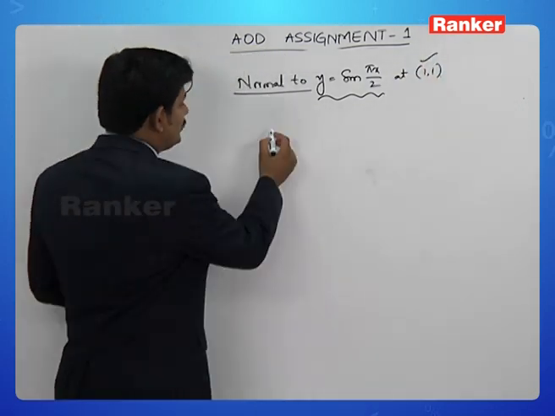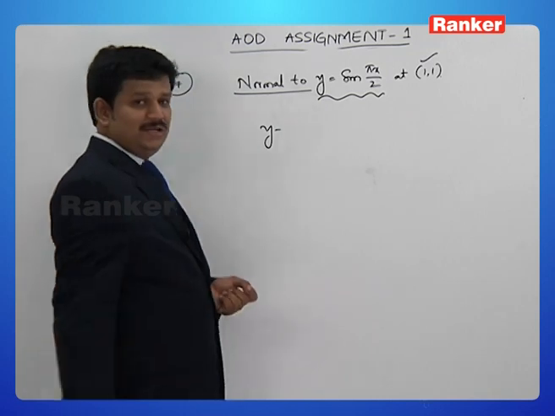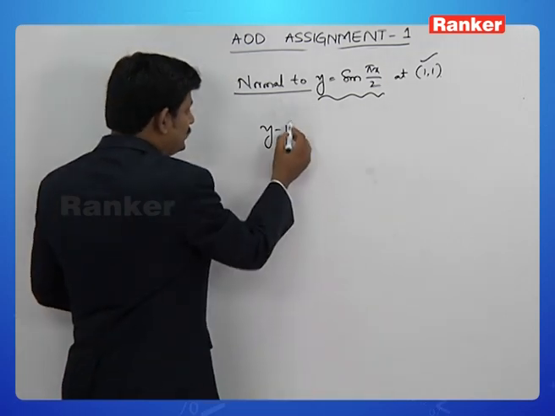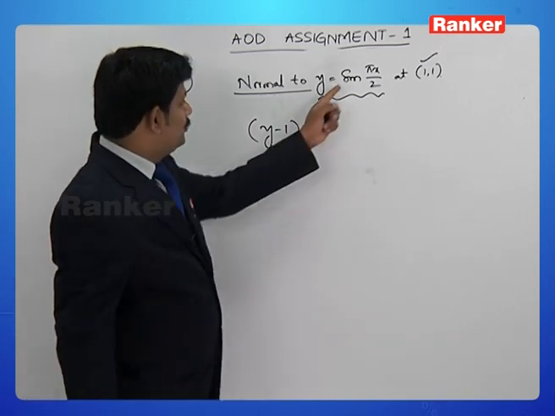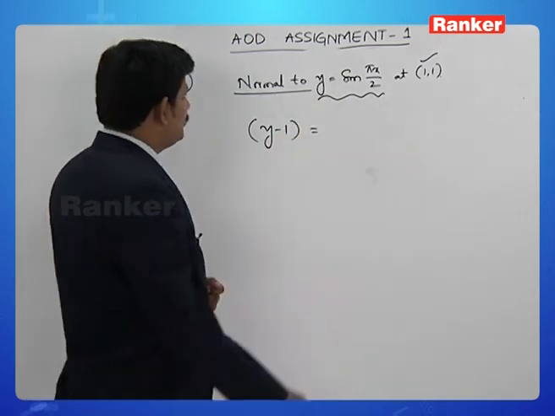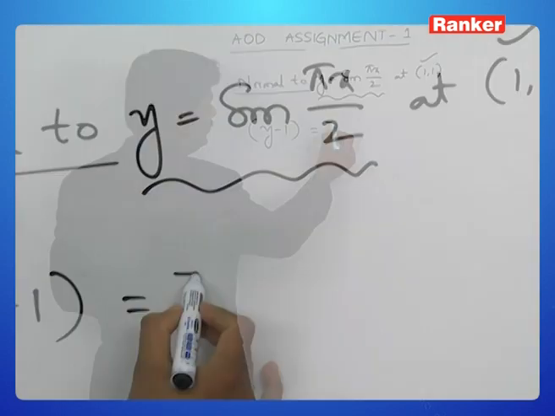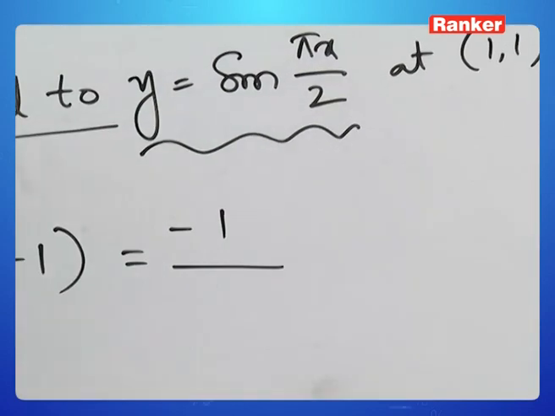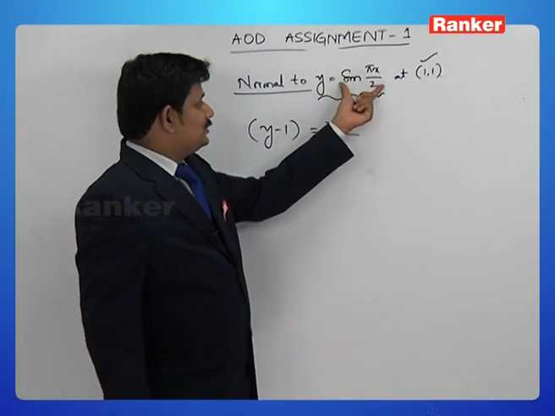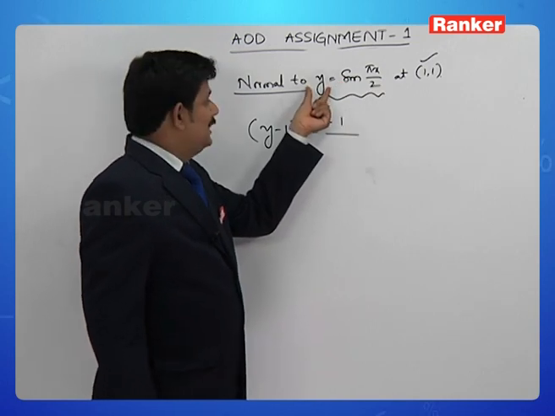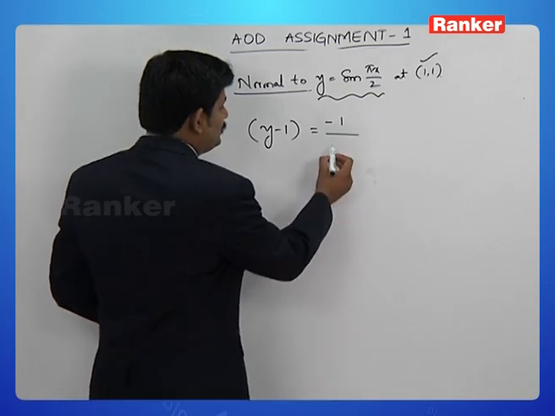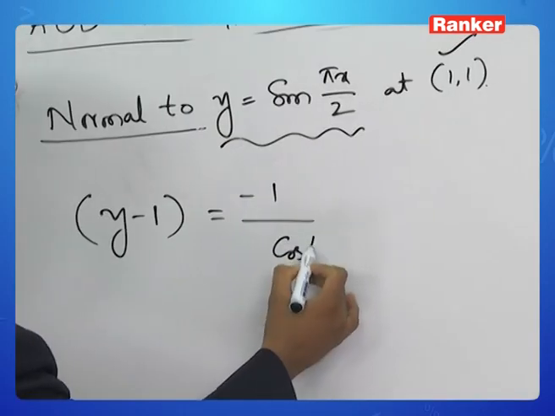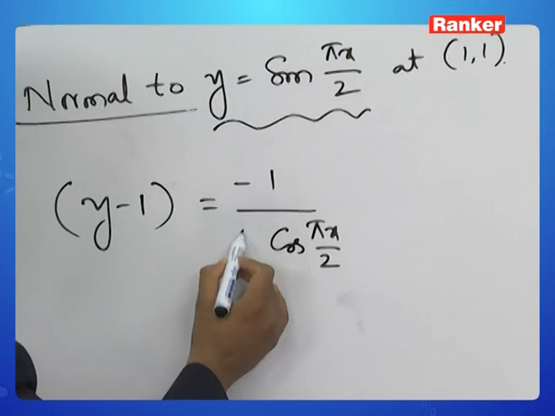Now we know the equation of the normal is given by y minus y1, the y coordinate at the point being 1, is equal to m, the slope of the normal, which is minus 1 by dy by dx. Differentiate this: dy by dx is the derivative of sin pi x by 2, which is cos pi x by 2 into pi by 2